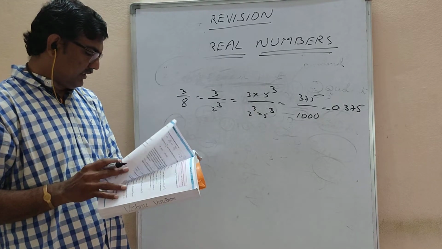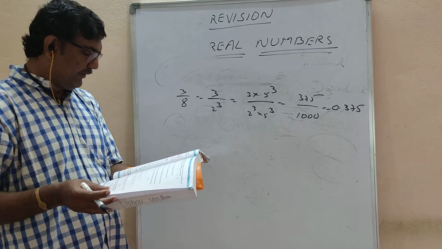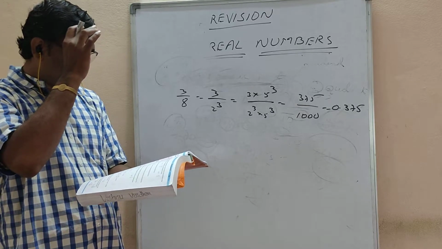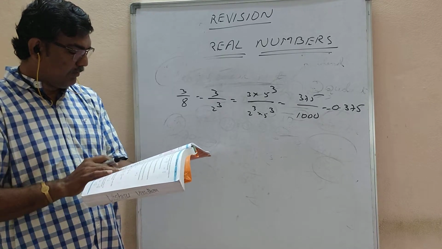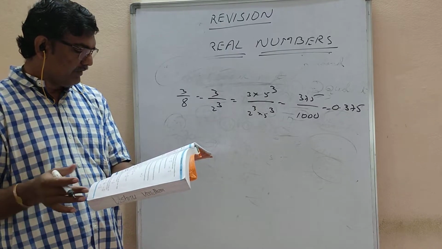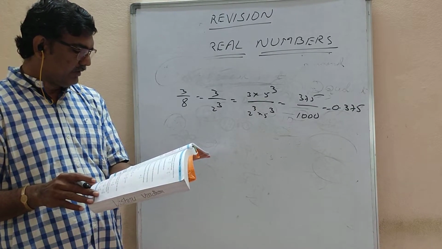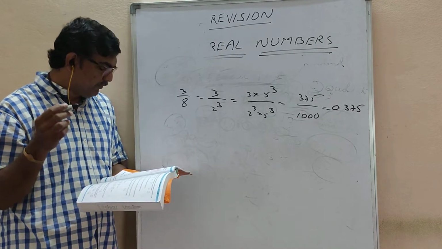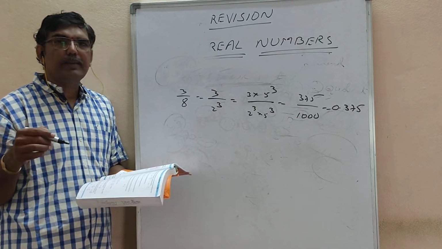So next theorem 1.5, let x is equal to p by q be a rational number such that the prime factorization of q is not of the form 2 power n 5 power m, where n and m are non-negative integers, and x has a decimal expansion which is non-terminating repeating. So by basing on theorem 1.3 and 1.4, he is saying theorem 1.5.